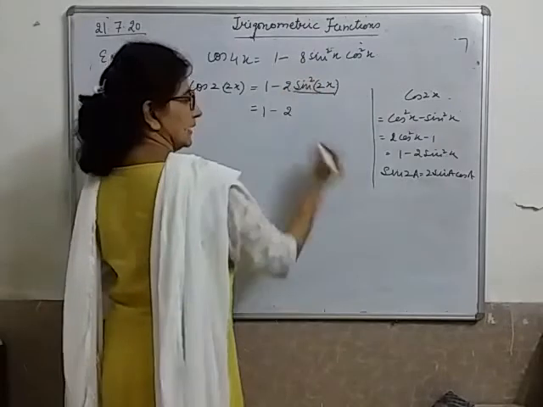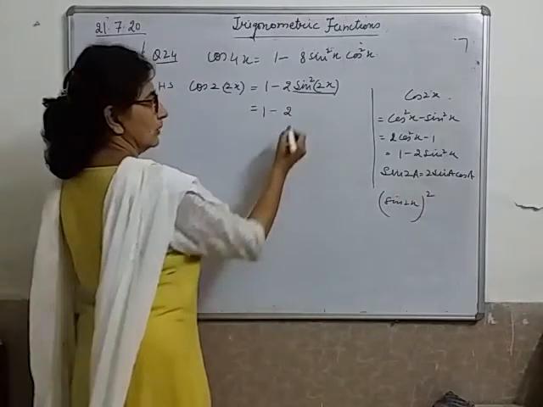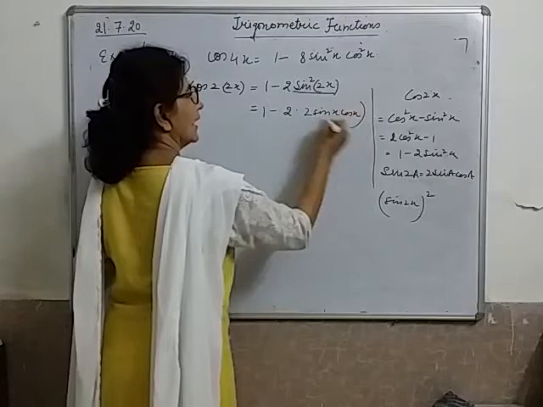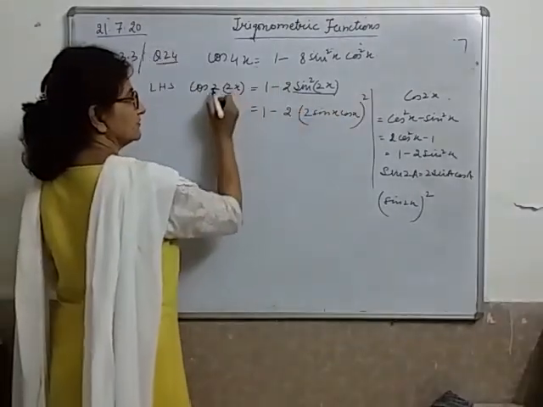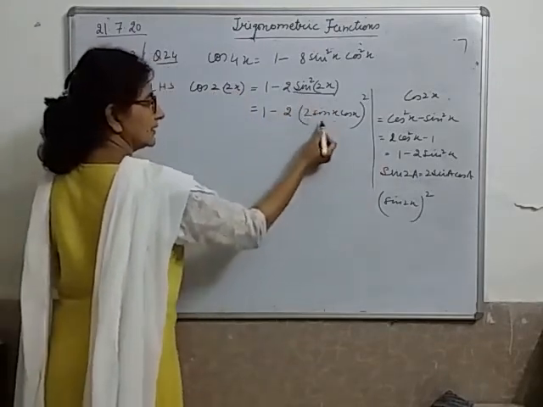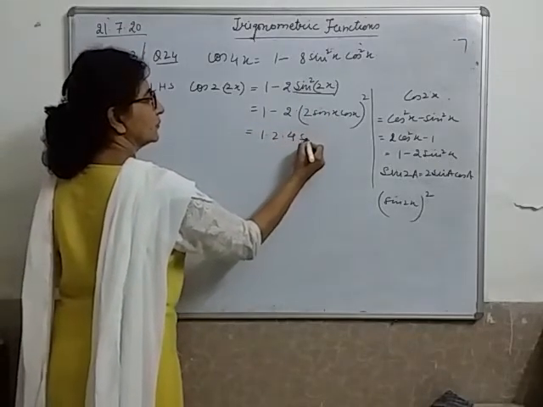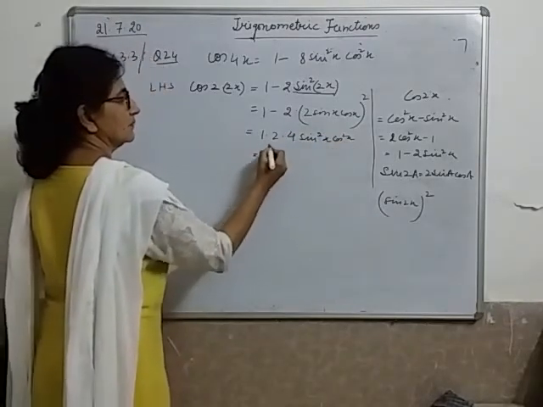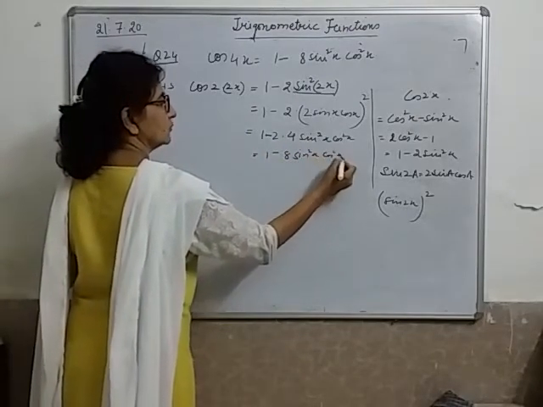I have to apply the identity on this portion. This square is later, okay? So I am applying it to sin x, cos x and its square. Right? Is it okay? First time we applied the cos 2x identity, the sin one. Now the sin 2x identity, 2 sin x cos x. So it will become 1 minus 2, its square will be 4 sin square x cos square x. And in the next step it will be 1 minus 8 sin square x cos square x. I hope you get it.